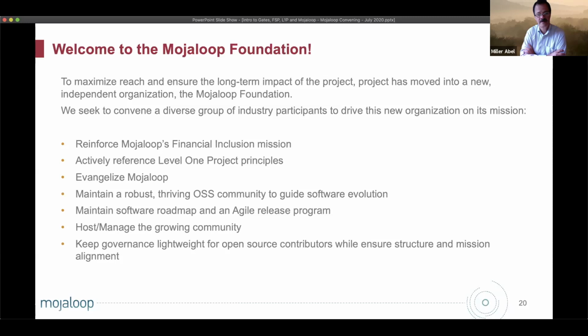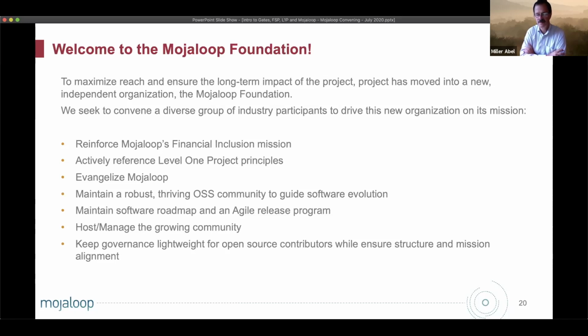And very important, the technical governing board, which is the second part of the governing body of the Mojaloop Foundation, is involved in the setting of the software roadmap and managing of the Agile release program. Now, that said, the technical governing board is looking to the community to organize itself, to figure out what it should be doing, what projects should be worked on, and bring them into the consensus building activity that we think of here in the convening that we've got this week, and also online and through the Slack channels and through email conversations. We want the community to drive the project forward.